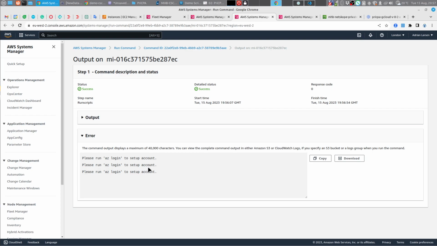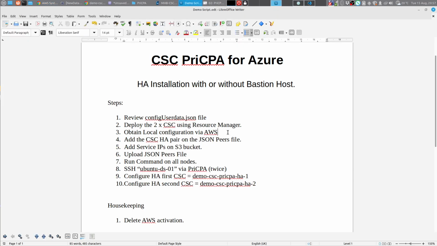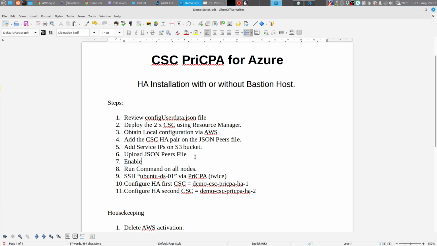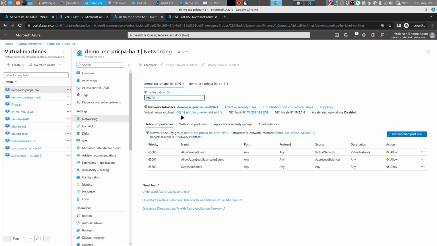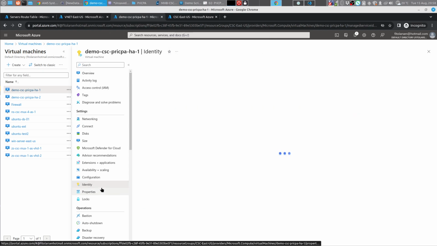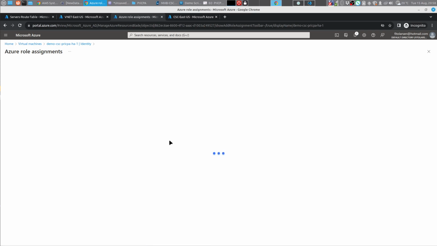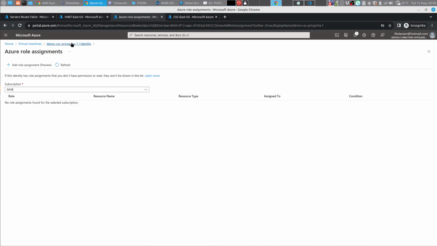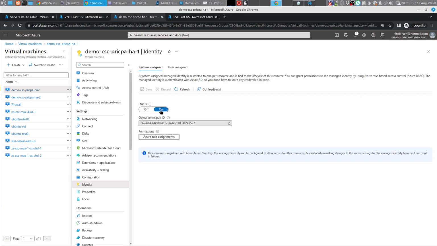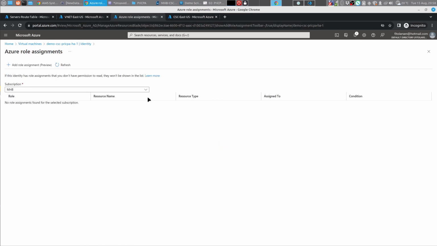Oh, a little detail, very important. I missed one point in my script. Let's say here, enable identity. Okay, the connector requires setting up properly the identity here in order to manage the Azure CLI. Then I will assign the identity first. You need to put the status on, and then you need to assign the roles. And the roles that are required are